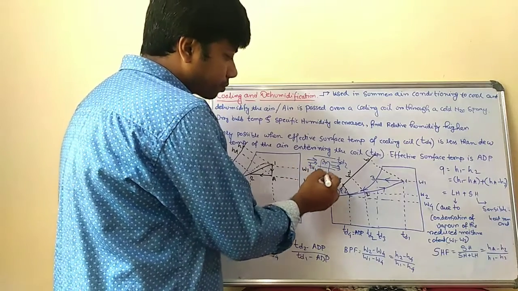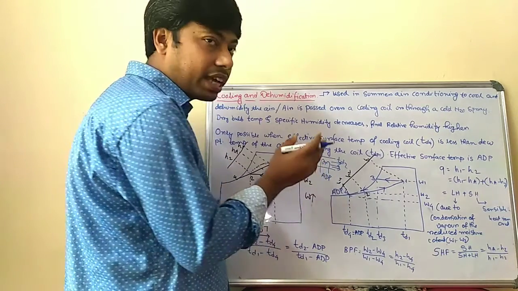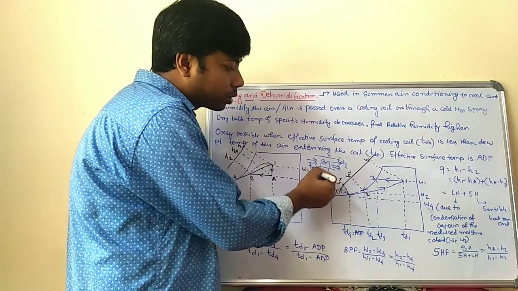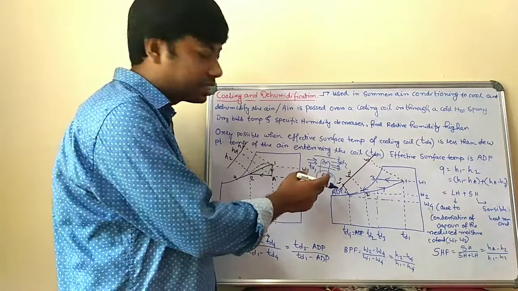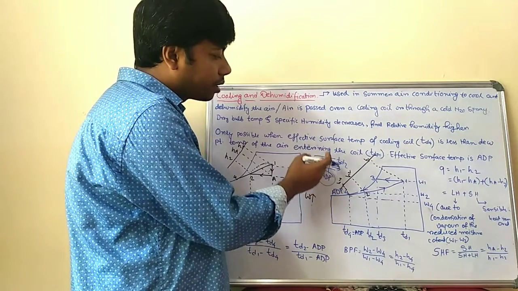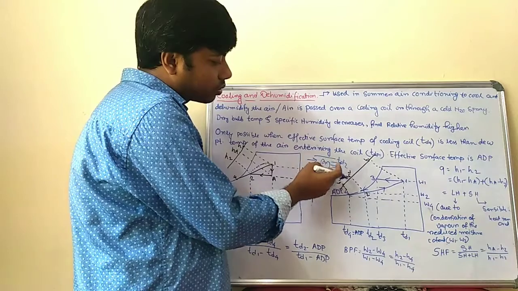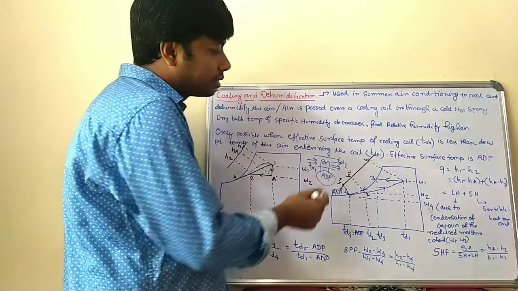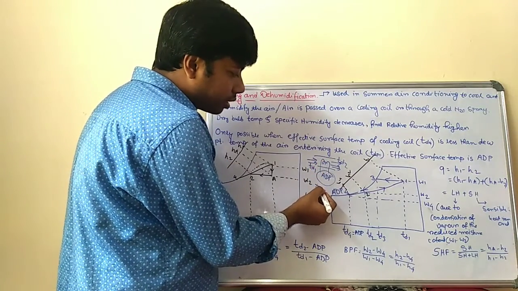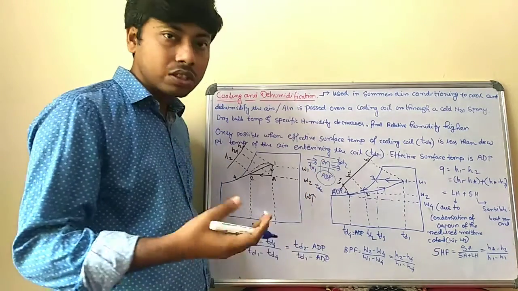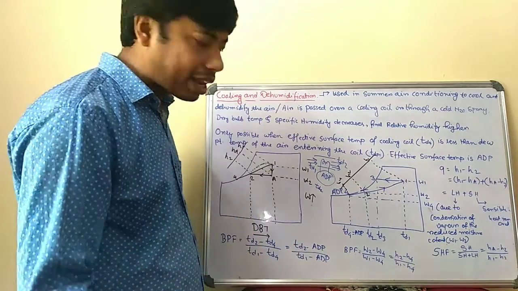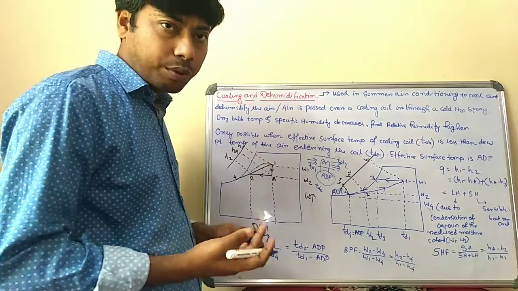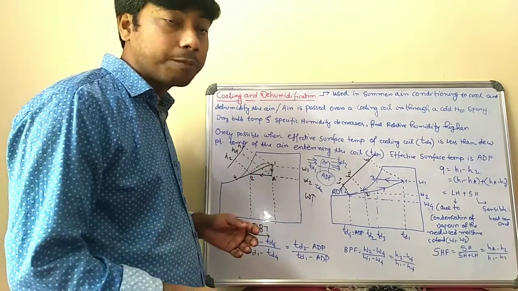So when the air enters a particular channel where the cooling coil is, the temperature of the cooling coil is the apparatus dew point temperature, TADP. When the entering air contacts the cooling coil, the exit temperature of the air is TD2, and TD2 is obviously lower than TD1, because it is cooled by contact with the cooling coil. By this means you can do the cooling process. But what is the method for dehumidification?